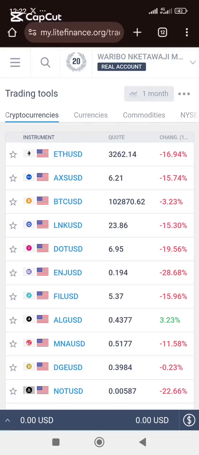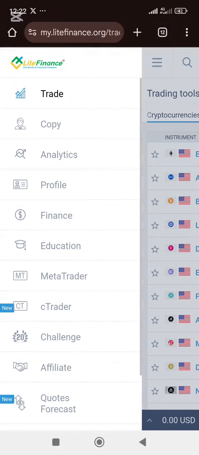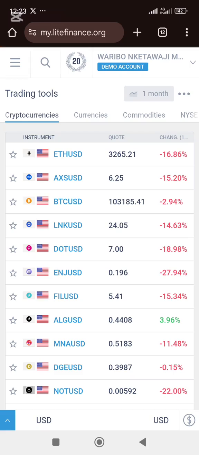Let's do something with this account now. Click on this dotted area after I log in. Click on activate demo accounts. Okay, you wait for it to load. Okay, I think it's demo accounts now. It's demo accounts now. The next thing you do is